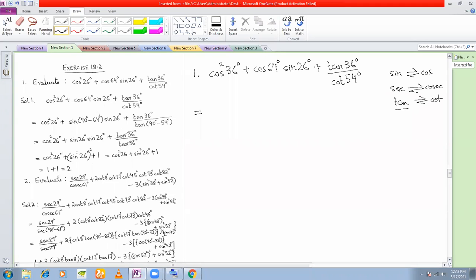So whenever you have a product of tan and cot, check the angles. Okay. Whenever you have a product of sec and cosec, check the angles. And whenever you have a product of sine and cos, also there you check the angles. Okay. Now see here, you have a product of sine and cos. So I will check the angles here. What is the sum of these two angles?